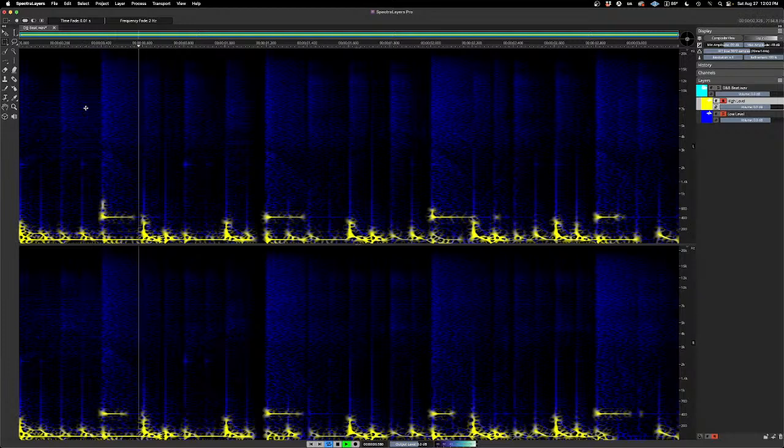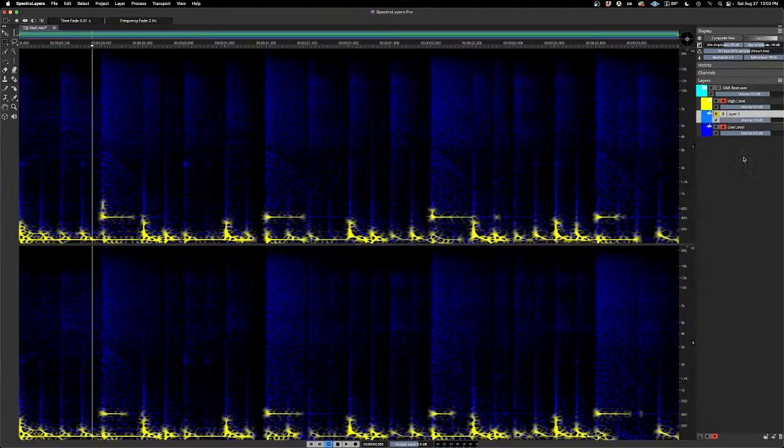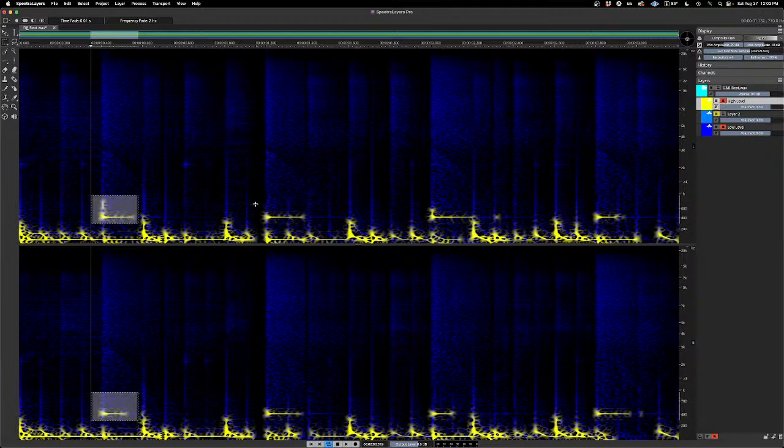Okay, this kind of tin can banging sound or whatever. Say we wanted to harvest that into its own layer. I can create a new layer, and now, you guys, I'm totally riffing. So I'm not sure what's going to happen, but this is ad lib improvisation. And improvisation in SpectraLayers is great. You just cut yourself loose. So I'm going to try to grab these tin can sounding sounds,